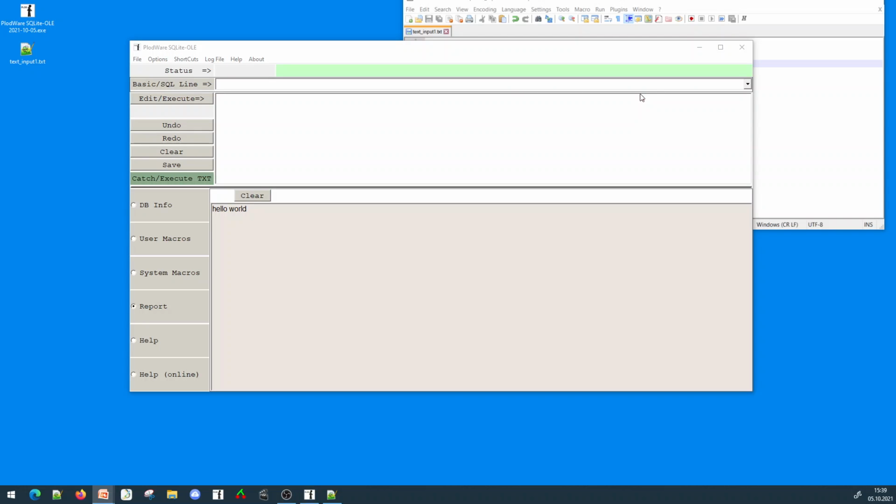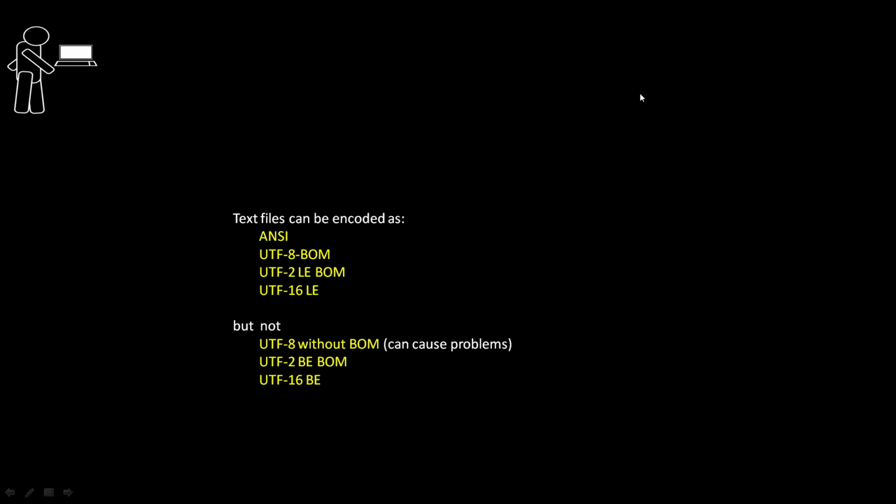Right, let's go back. There is an issue of how you can encode these text files. It's a bit technical, but basically, if you're using ANSI text, there is no problem. If you're using UTF-8 with the byte order mark, there's also no problem, or what Windows likes to use on my machine. It's an Intel system. They use 16 bits per character in Little Endian format, if I remember correctly. What am I on about? What I mean is,